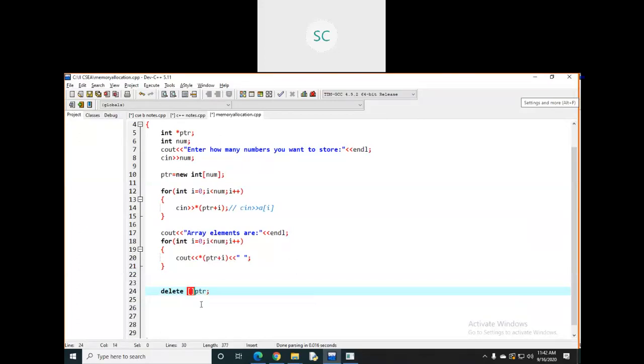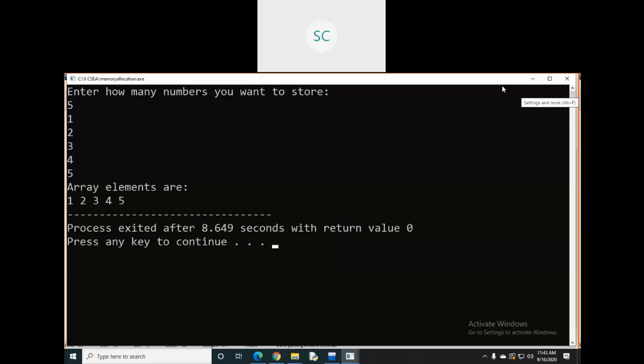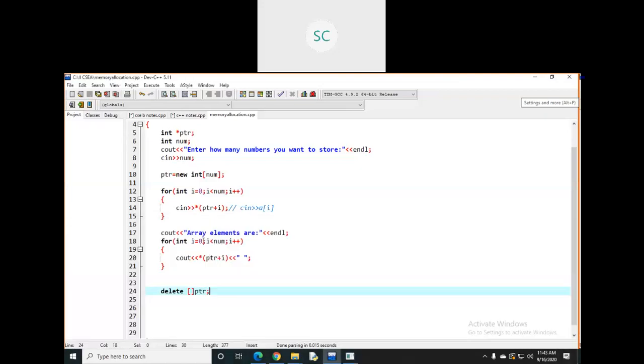If you are mentioning it like this, that array is going to be deleted. Let's see. Whatever the memory, suppose I allocate 5 into 4, meaning 20 bytes of memory, it means you can store 20 elements, right? After completing this, all the values and data you have are going to be deleted by using this step.